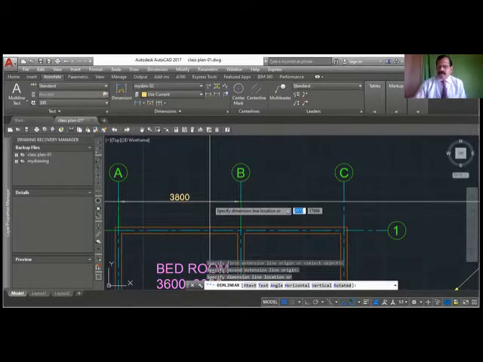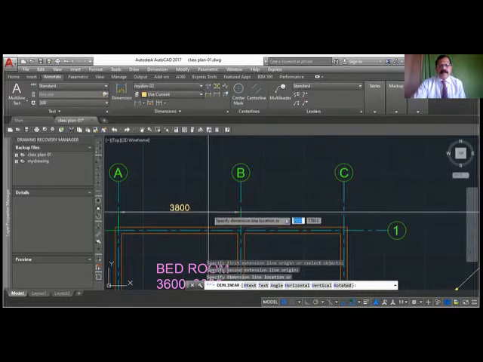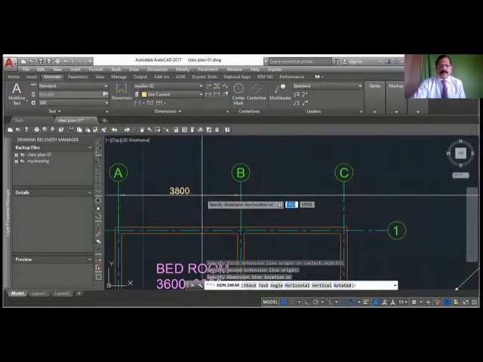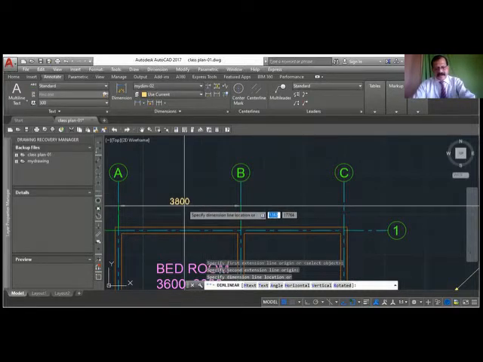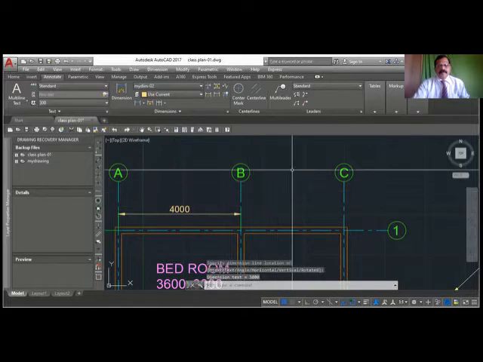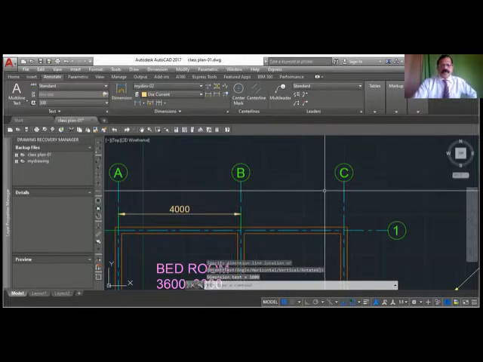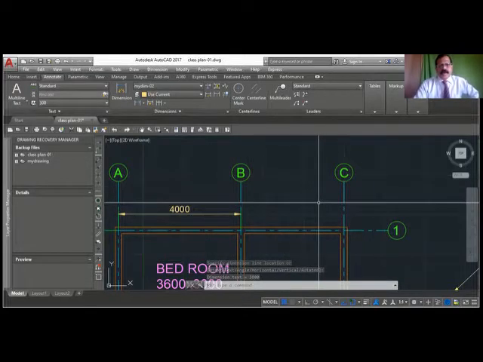So you can correct this 3800. Before showing the location, you just say T, enter. It will ask for the dimension text you want to type. So I'll say 4000. Enter. Now you show the location. So before showing the location, if you want to make any changes, you have to use T.